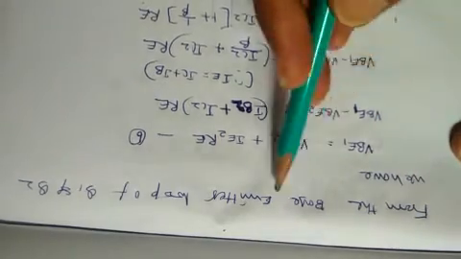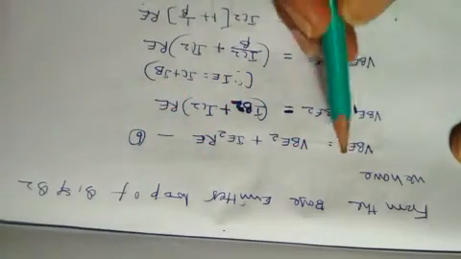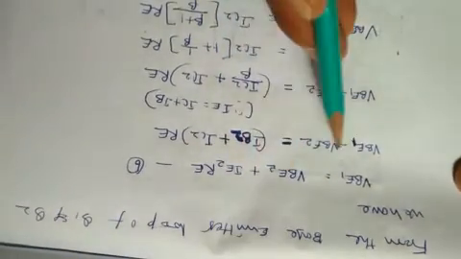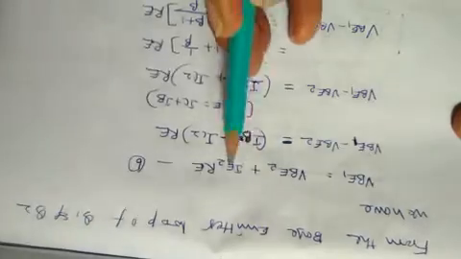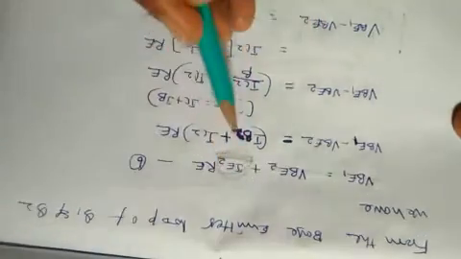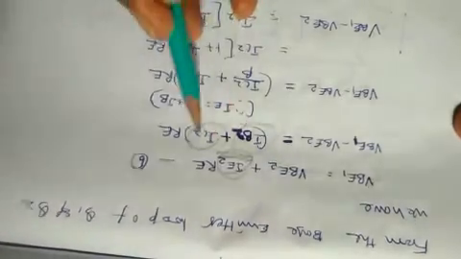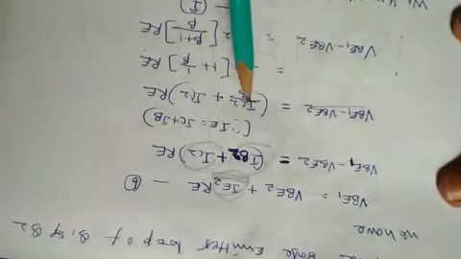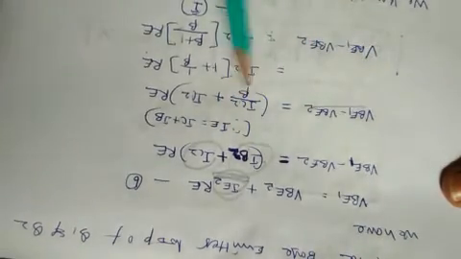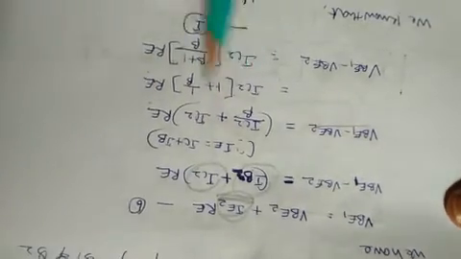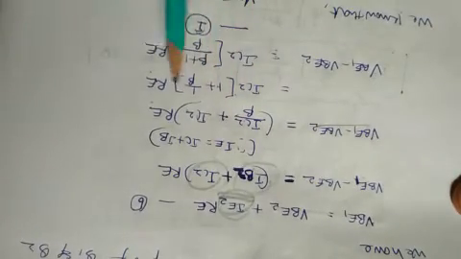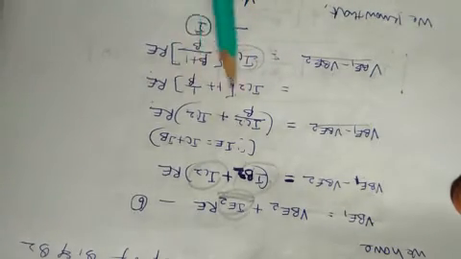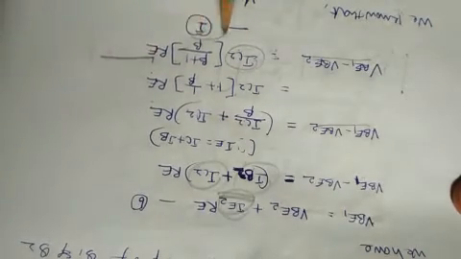As I said already, from the base emitter loop of Q1 and Q2, we have VBE1 equals VBE2 plus IE2 RE. After moving VBE2 to the left hand side, VBE1 minus VBE2 equals IE2 RE. IE2 is the emitter current, the combination of base current and collector current, IB2 plus IC2, since IE equals IC plus IB. So VB1 minus VB2 equals IB2, that is IC2 by beta, plus IC2, into RE. Here IC2 is common, take it outside. So IC2 into 1 plus 1 by beta, into RE. So VB1 minus VB2 equals IC2 into, taking beta common, beta plus 1 by beta, into RE. Name this as equation Roman letter 1.